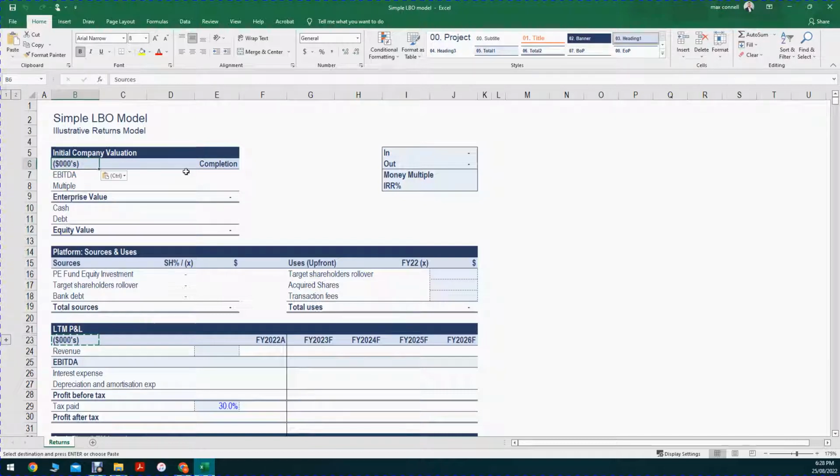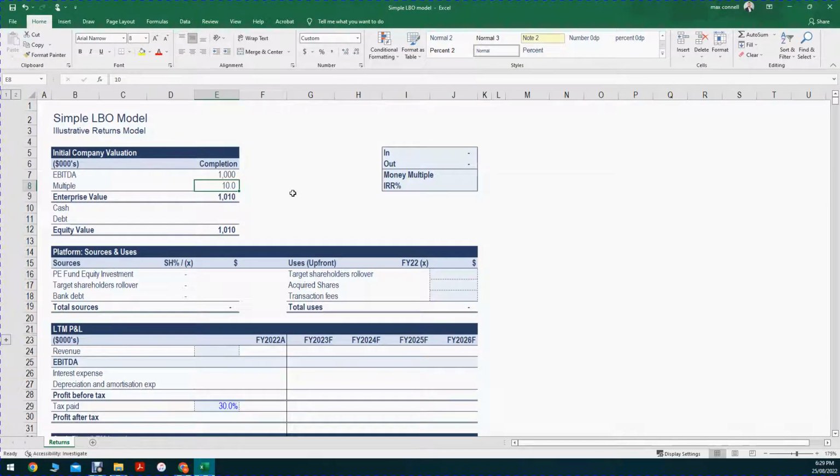make sure to label your data correctly. We're going to assume this company has an EBITDA of 1,000, which is basically equal to $1 million because we're writing in thousands. Now we're also going to assume that this company has a multiple of 10 that we're going